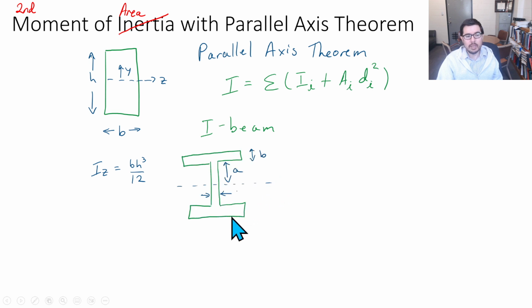This is what it looks like. And I-beams are great because they allow us to get high moments of inertia with a smaller amount of mass, right? This top portion and this bottom portion can take a lot of the bending stresses, and we don't have to use all the mass that we would have with a rectangular cross section. So we get rigidity and strength from this I-beam without all the mass, which is why